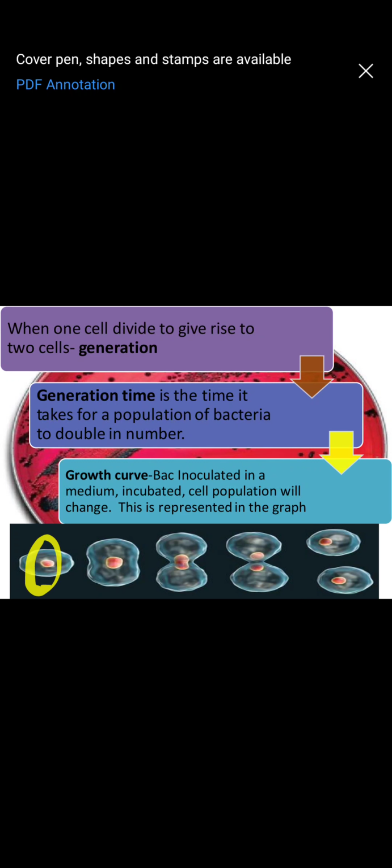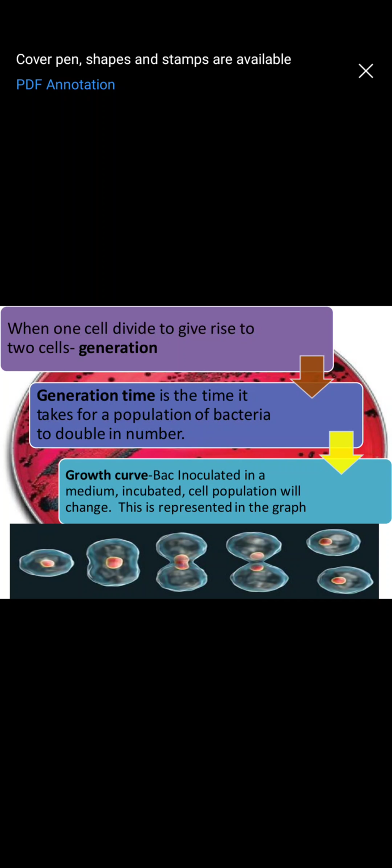That is, there is one cell. This one cell, through various stages, finally gives rise to two cells. So this cell will be called the first generation, and these two daughter cells that are formed are called the second generation. So when one cell divides to give rise to two cells, this exponential increase in number is called generations. This is the first generation, this is the second generation. These two further will give rise to 4, which will be called the third generation. So the cells are growing exponentially.